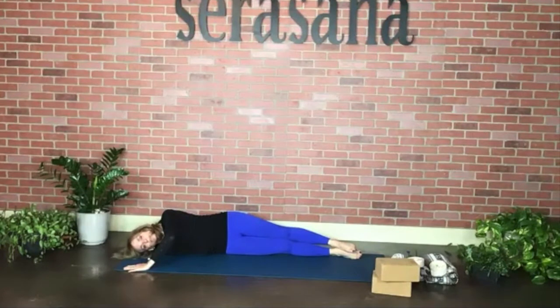Really, really nice. We're not going to hold this one for very long either. It's just a short baby yin. I call it baby yin pose. So staying here for about 3 breaths, breathing